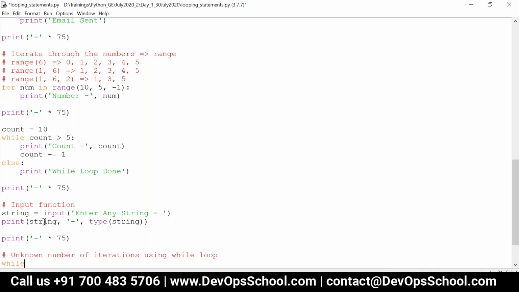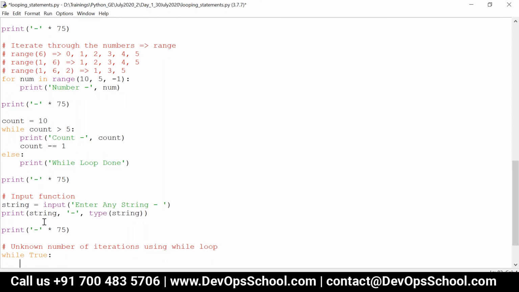I'm just going to write while True. While True is always satisfied, so it will not give you any error at all. It will keep on running. Now I am having num equal to input of enter a number.